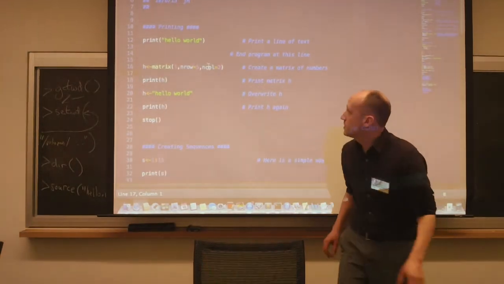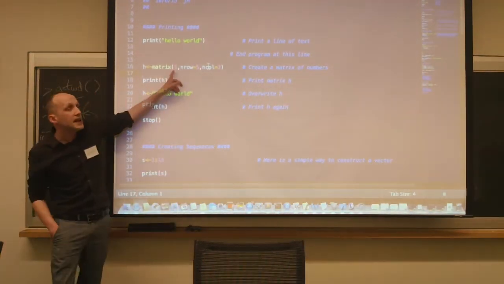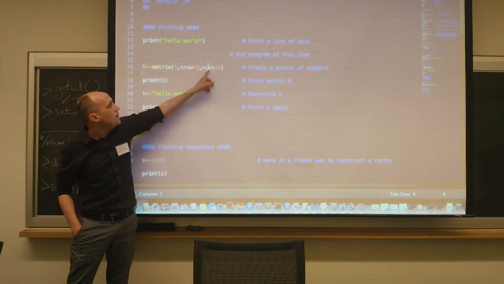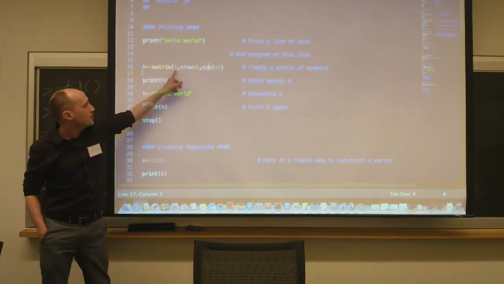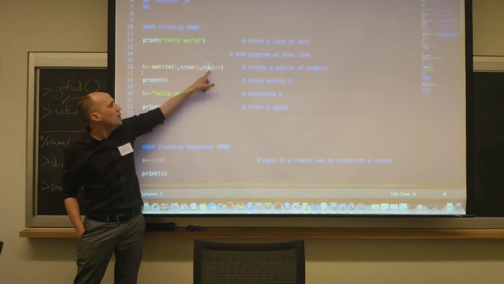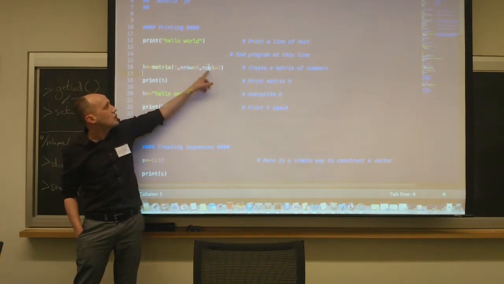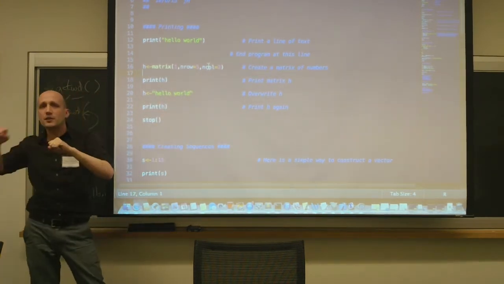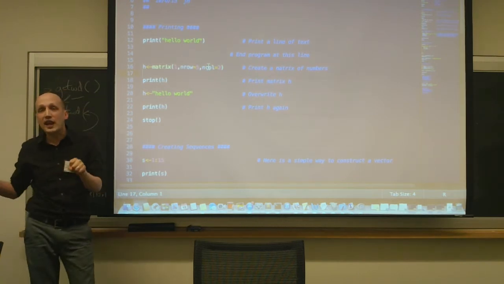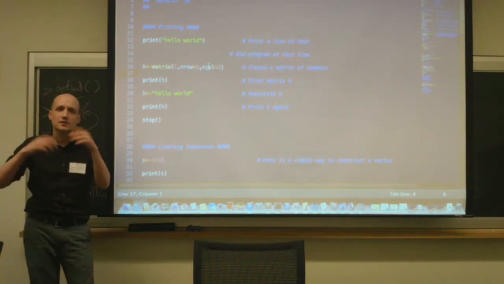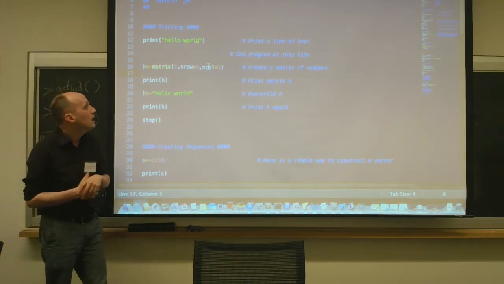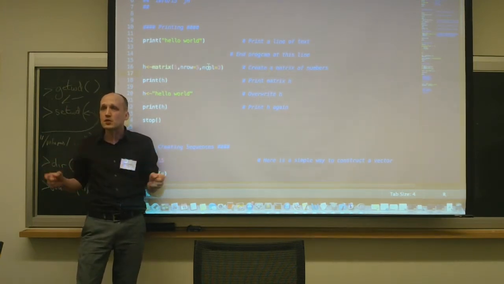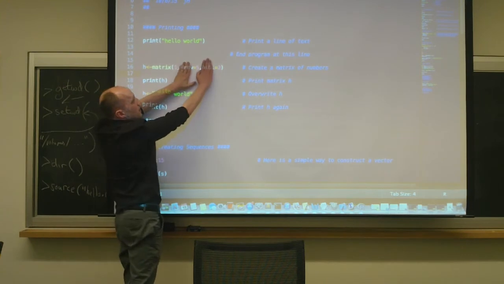I don't need to name things in my arguments, and I've done that intentionally here. So I did not name data. I did name n-row and n-column. If I name things that are arguments in my function construction, then it will find any argument in matrix that's called n-col and set it equal to 2. And if I name things, I do not need to put the arguments into the function in the right order. Again, you can't get away with that in a lot of languages, but R says, you're lazy and you're smart, you meant to do that. So if you name things but you put them in the wrong order, R will be perfectly fine with that. It'll just match the names across the arguments. If you don't name them, you'd better get the order right.